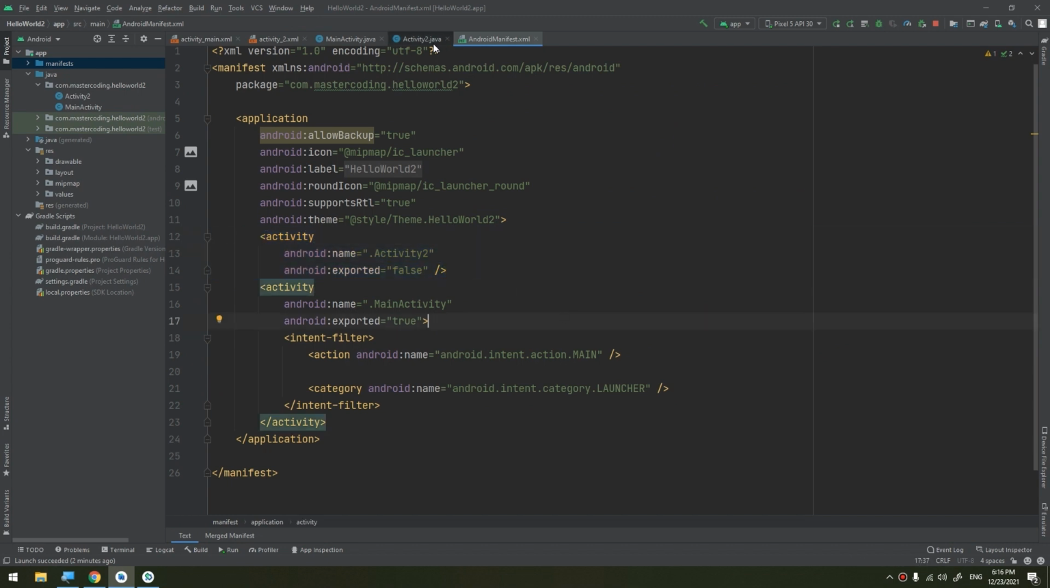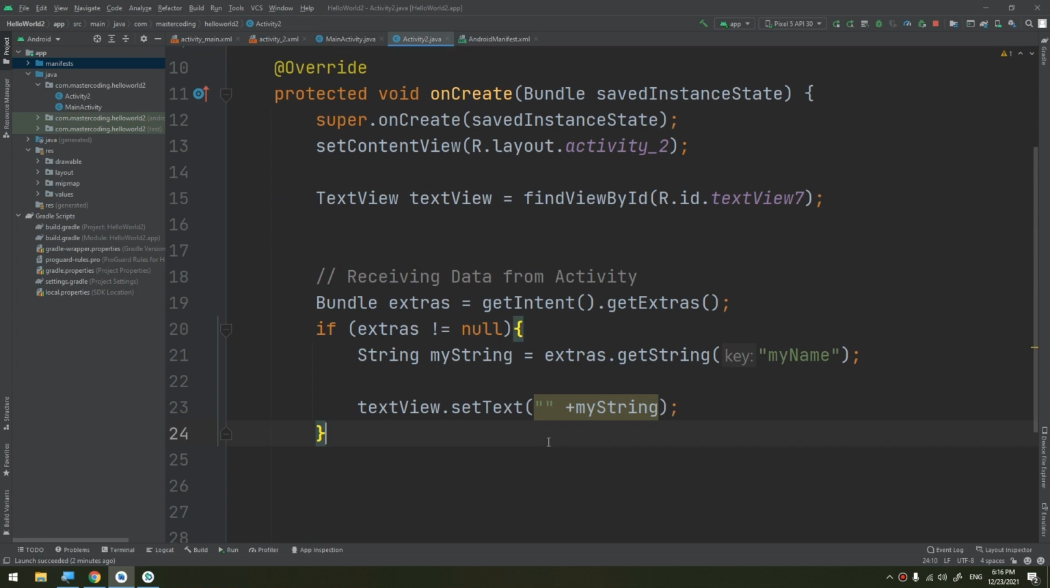Okay, so these are the explicit intents. Now let's move to learn about the implicit